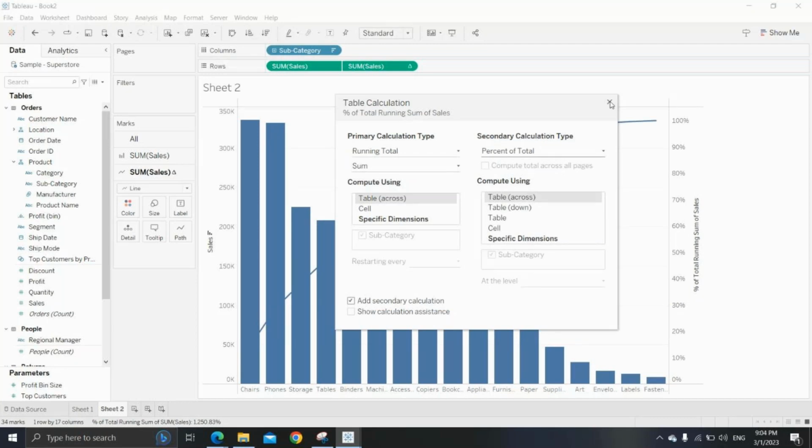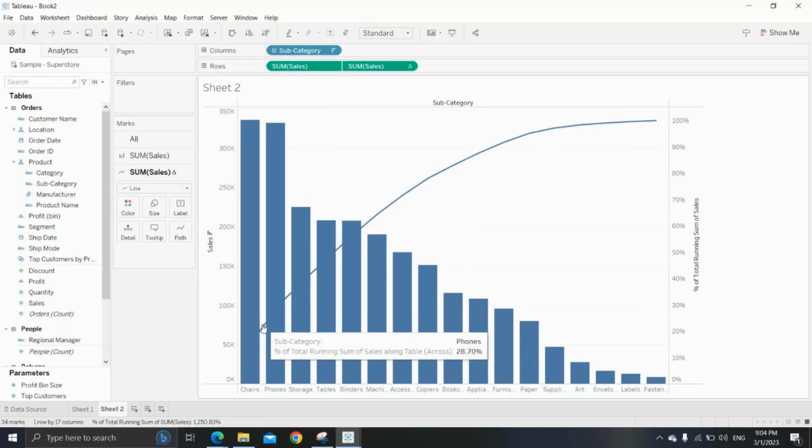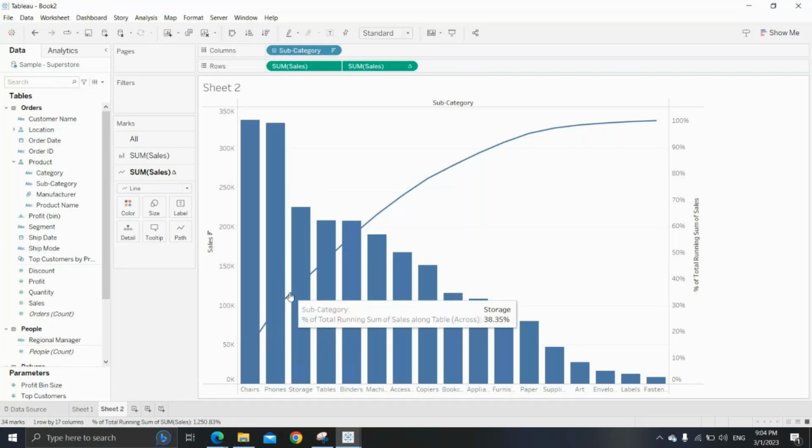Okay, let's close this window. You can see it's showing that the total chairs contribution is 14.48 percent. In the overall subcategory sales, the contribution of chairs is 14.47. And combining chairs and phones, both together contribute how much? 38 percent including